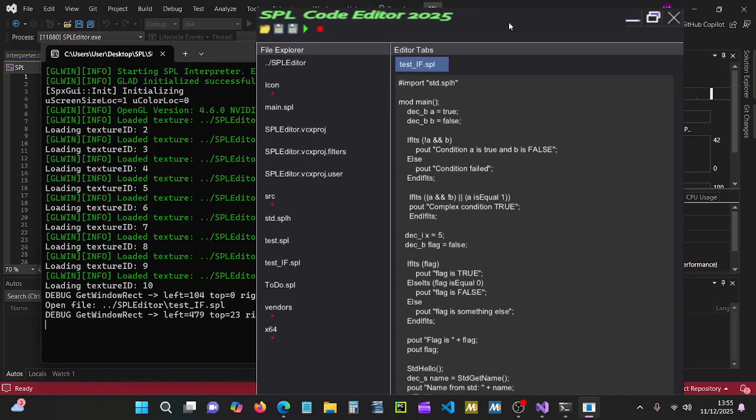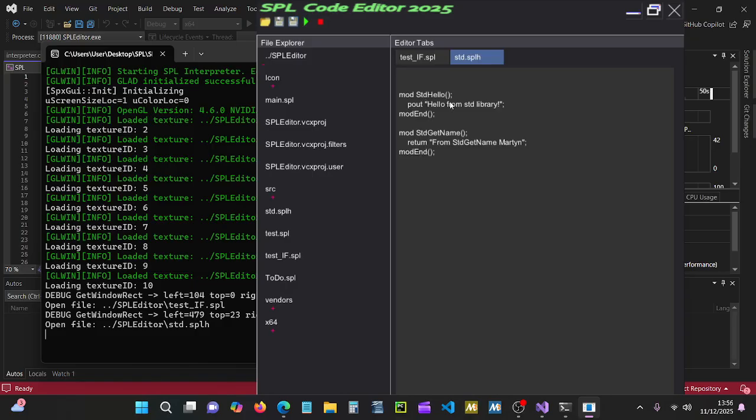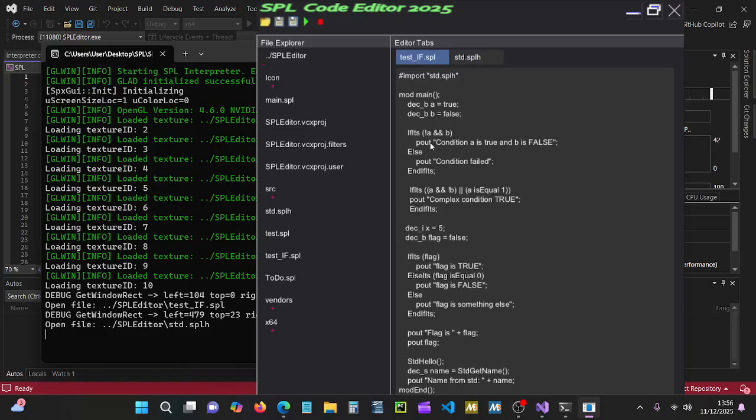So if we look at that file, that's this one here. Very simple. We've just simply got a hello from the library and another one that does a return, so you can get a return value from your function or module,